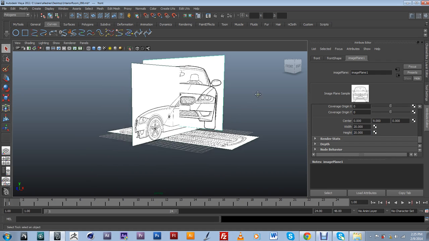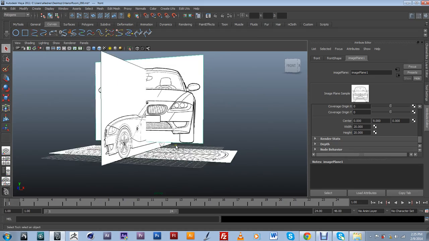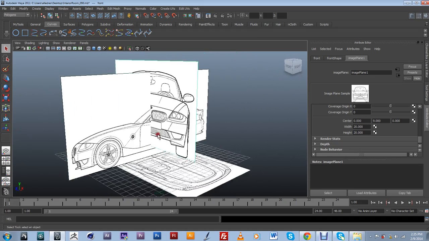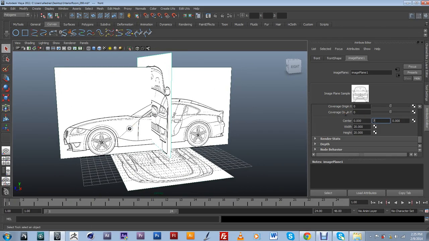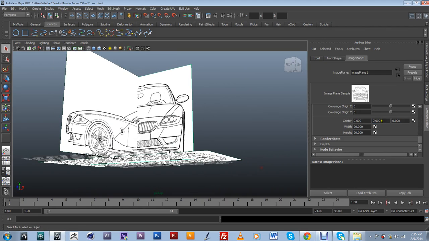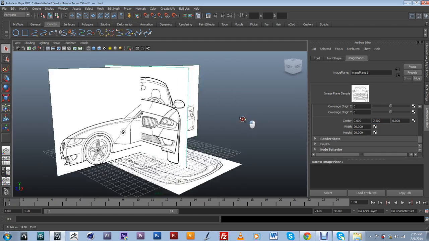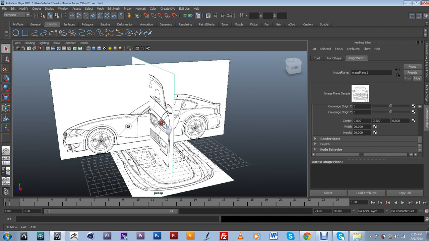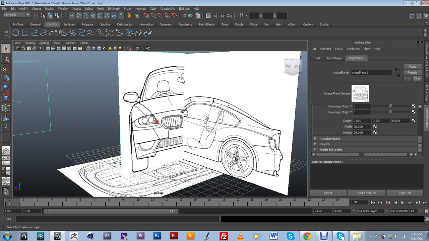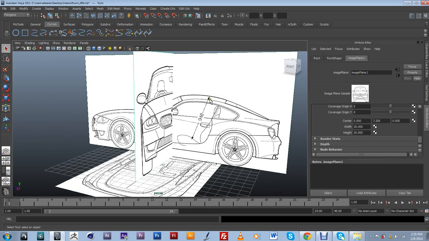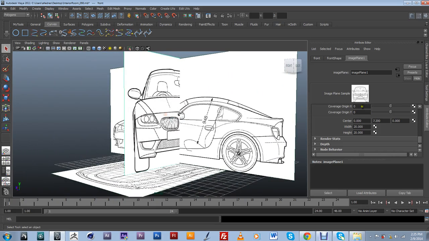And the width is kind of doing most of the scaling work. But again, I want to make sure that it's proportional to what the side viewport is doing. So I'm gonna need to kind of move this around a little bit to make sure that it's matching. So I might want to move this image plane a little bit back so I can make a contrast between the highest point in my front viewport and the highest point on my side viewport, and that way making sure that it's proportional. So again, I need to scale this down a little bit more,